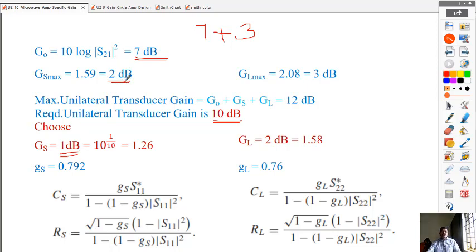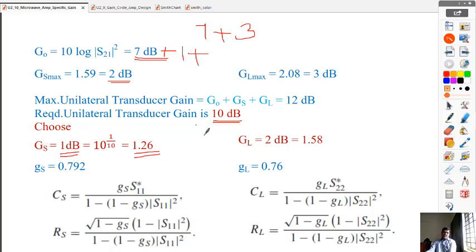That means we have to do some deliberate mismatch in this matching network at the source end to reduce the gain from 2 dB and make it only 1 dB from this stage. This is a logarithmic unit of 1 dB. So already we have the 7 dB. Now we add 1 dB from the source matching network. This 1 dB is transformed into a numeral value by using 10 raised to 1 by 10, which gives us 1.26 as its corresponding numerical value